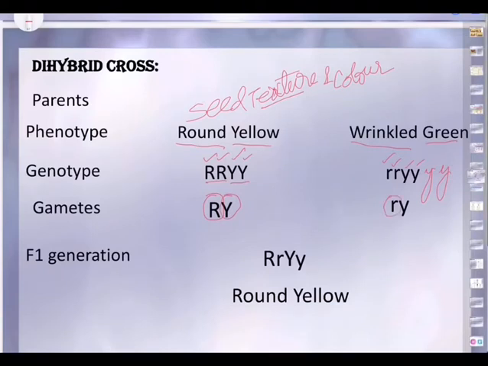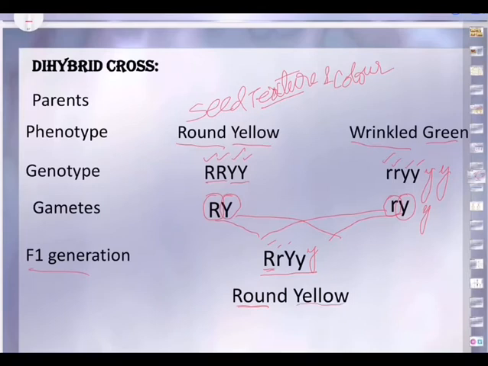So what are the possible gametes that will be found? From this capital R, this gamete will come, and from this will be coming. So independent assortment, that's what we said. And from small r, one smaller is coming. From small y, one y is coming. So when these gametes fuse in F1 generation, it is like this: capital R and small r and capital Y and small y. So you are getting the combination capital R, capital Y and small y.